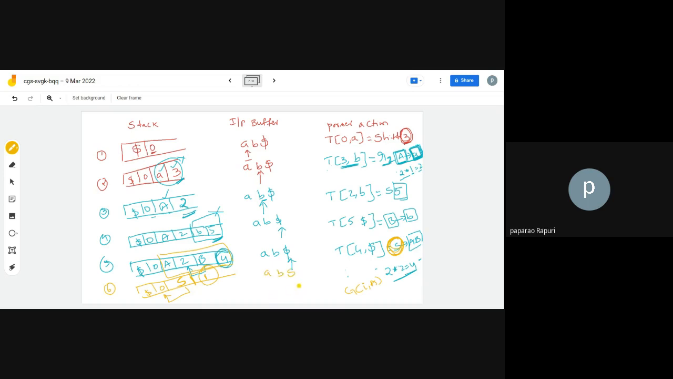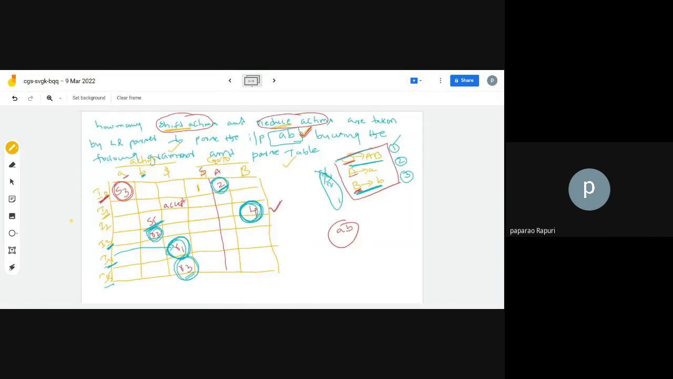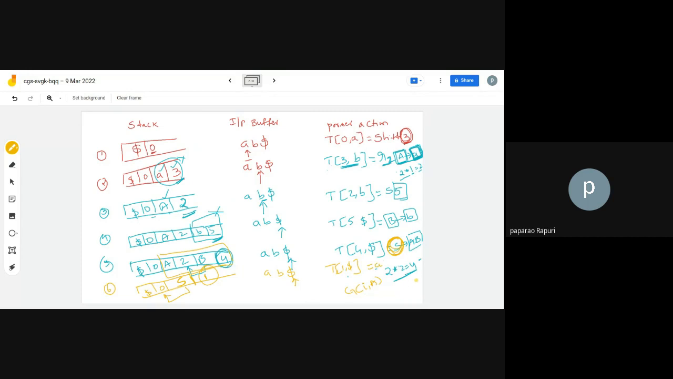And the look ahead pointer is at $. So $1, T of 1 comma dollar. Suppose you see T of 1 comma dollar, that is accept. So here we will write accept. So this is the way we accept the strings, and we perform the LR parsing